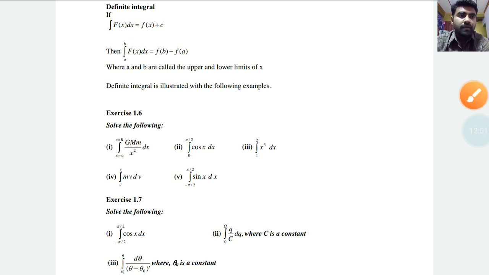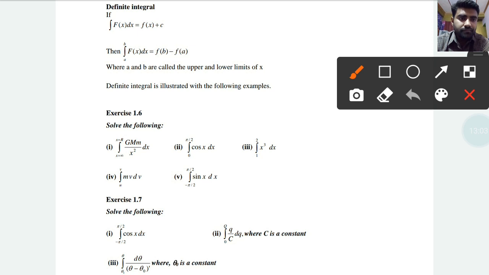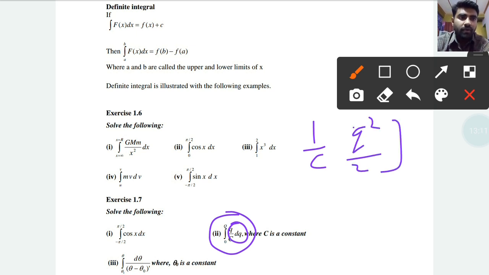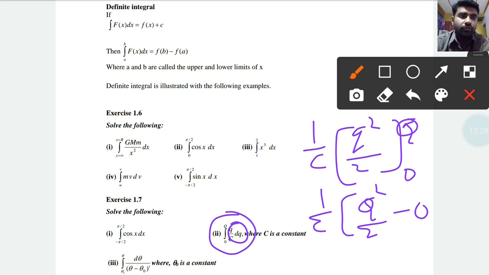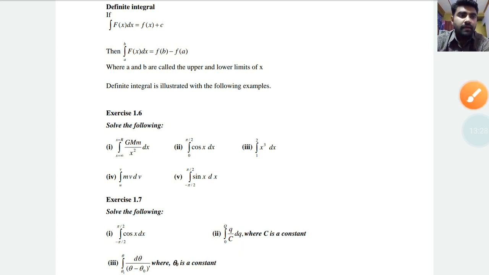Now for the next one, here 1 upon c is constant, so q dq, that integration is q square by 2. Upper limit q, lower limit is 0, right? So 1 upon c, upper limit minus lower limit, so that is q square upon 2 into c, right? Then next one,